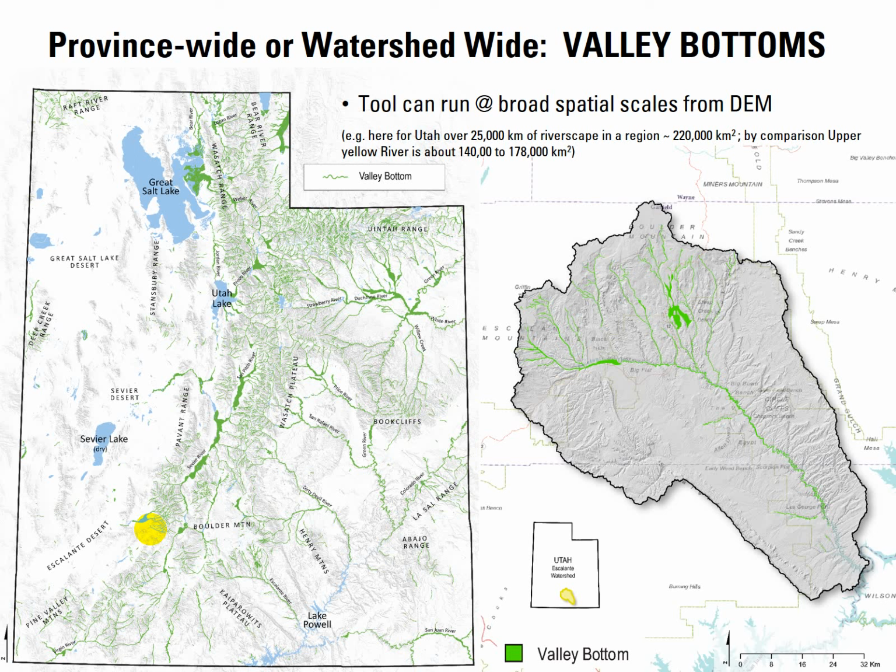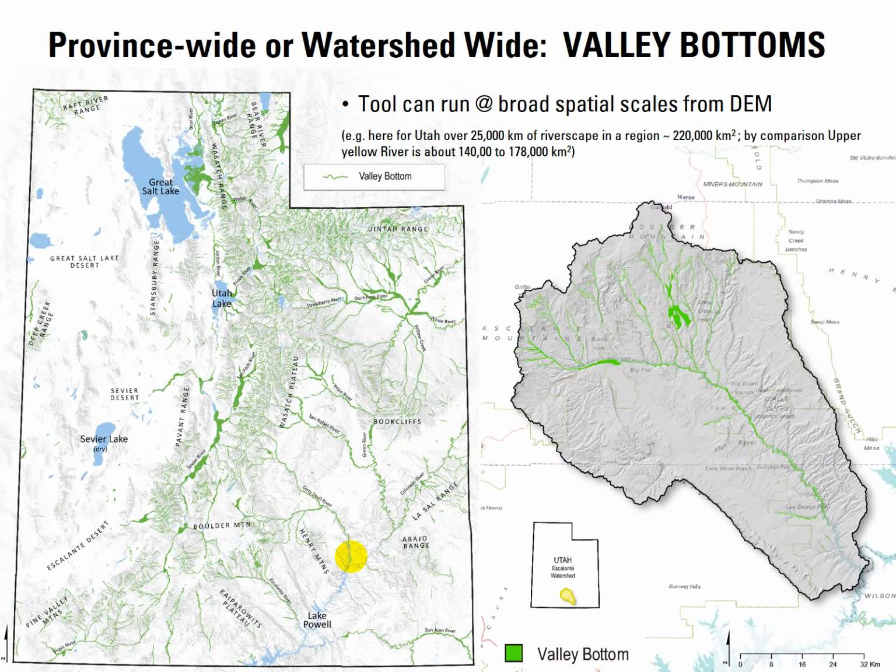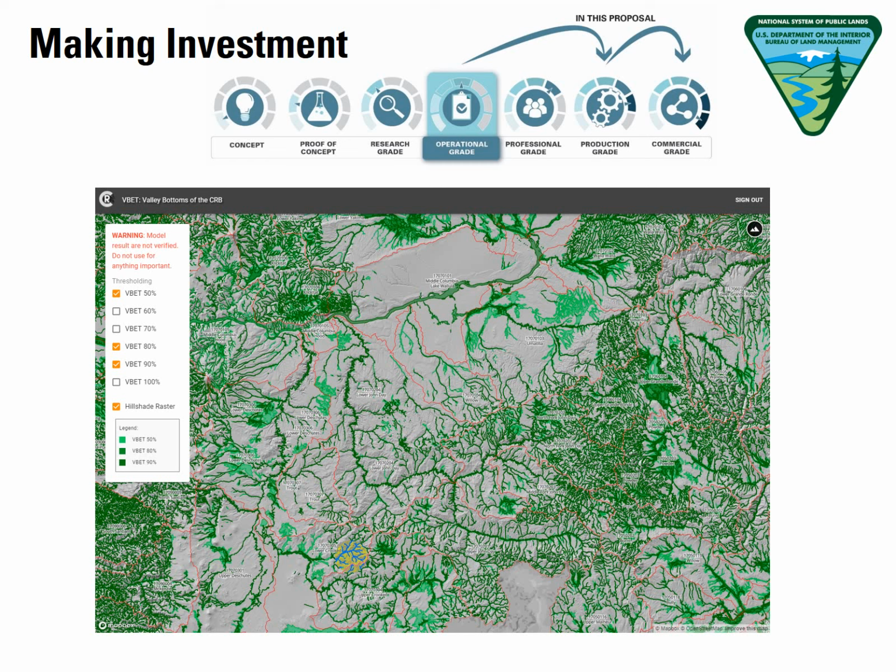It's also practical. You can run this. This is just a small example from running this over 25,000 kilometers in Utah. And you can zoom into any place. You can run this for perennial, as is shown here, and get a feel for what you're looking at. Thanks to the Bureau of Land Management, who originally paid for some of this development in Utah,